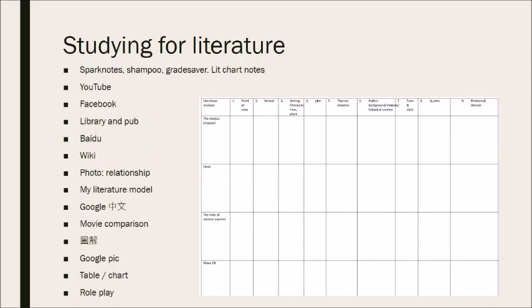And for studying literature, I will usually use SparkNotes, GradeSaver, and LitCharts, and they're really useful. And then I'll also read some summaries from Wikipedia, and then maybe I will browse videos from YouTube, Facebook, and even in the library. And then I would search the photos of the characters,